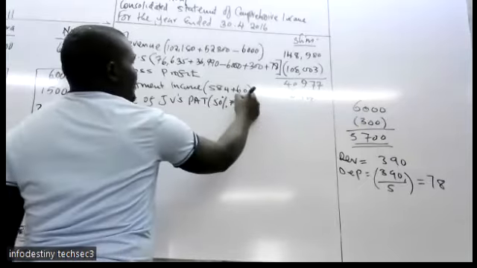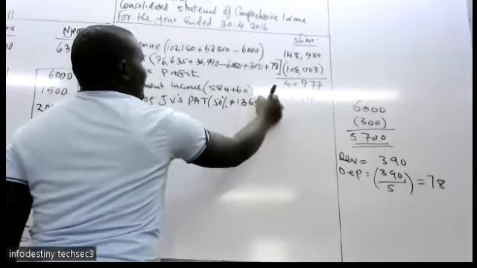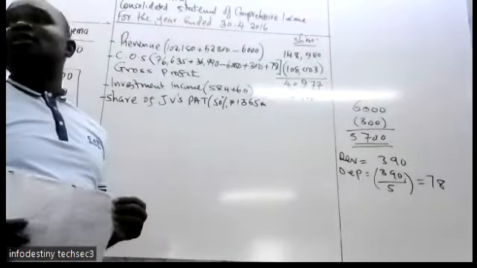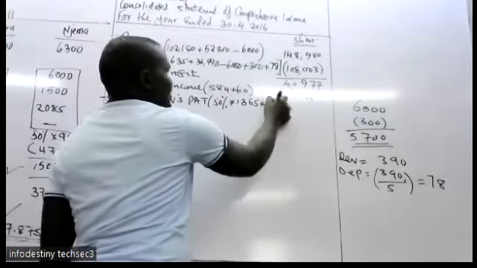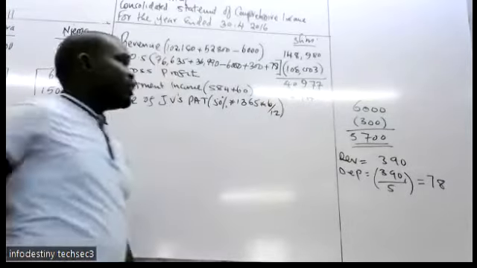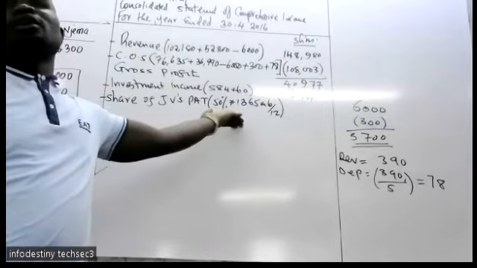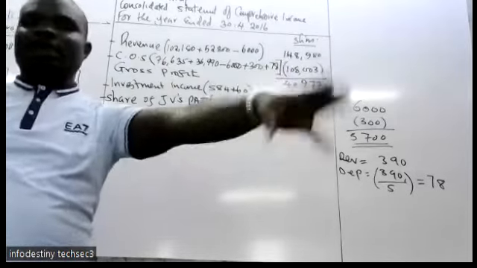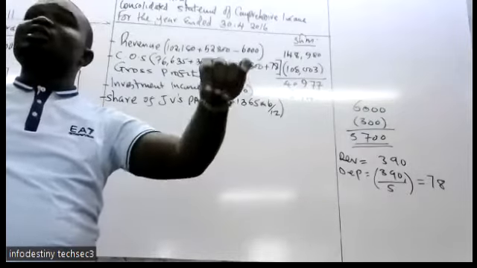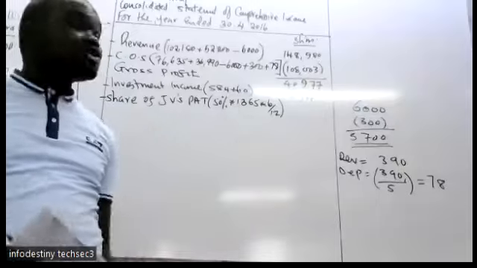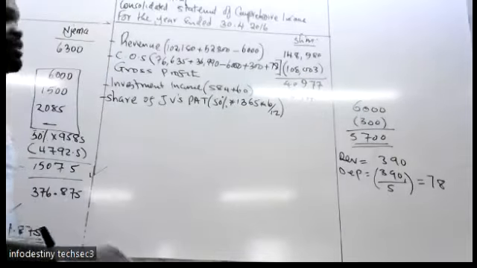So 50% of 1365, but we can't take it for the whole year because it was a joint venture for how many months? Six months. So you take 6 over 12. It was only 6 months. You just check the profit after tax of the joint venture or associate times your percentage. If it was within the year, your portion. If it was full, no problem. How much is that?